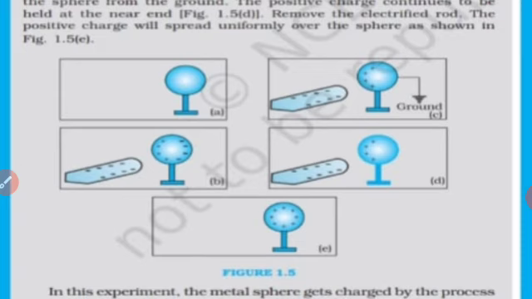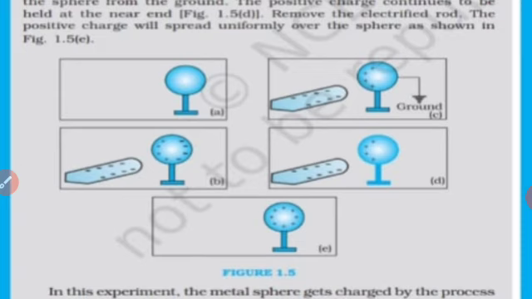The opposite side of the sphere is grounded. Now when you ground, the negative charges which get accumulated at the other end will flow down to the ground. So in this diagram C, on grounding, all the negative charges have gone down to the ground. In diagram B, we have seen positive and negative charges separated. In C, the negative charges have gone down to the ground.